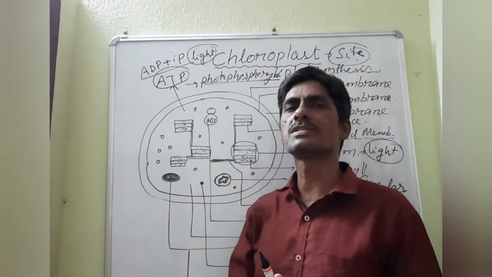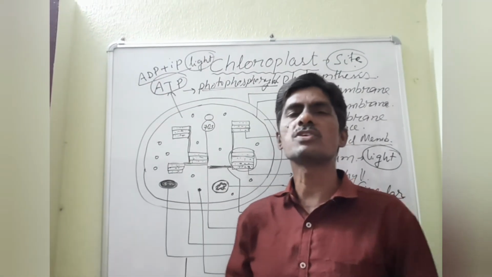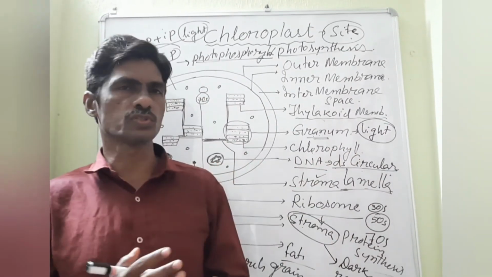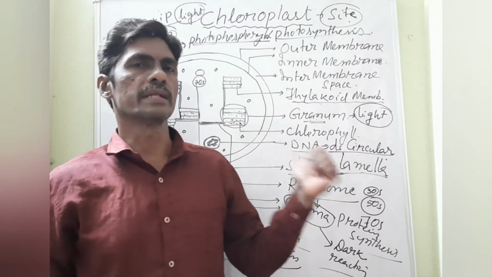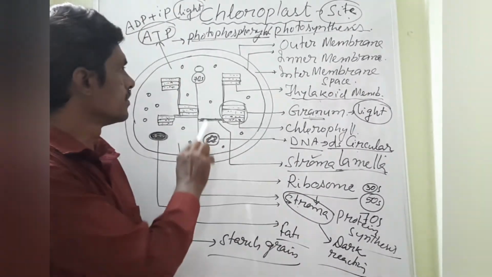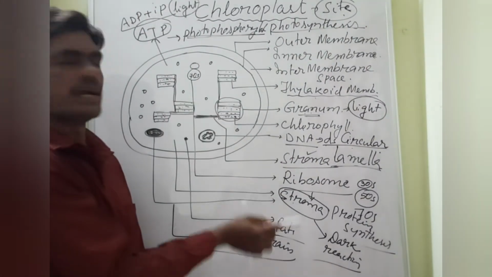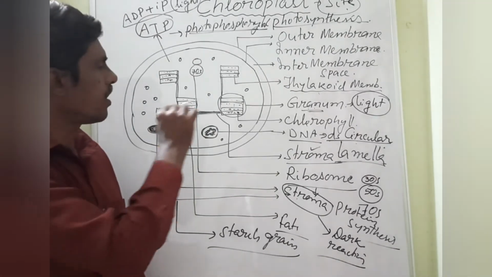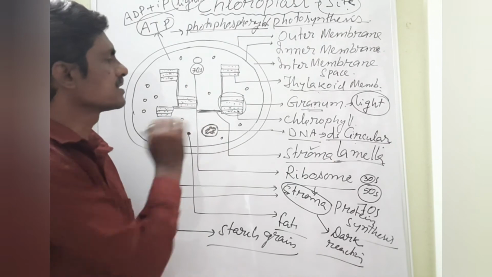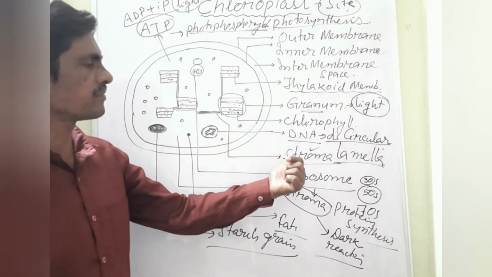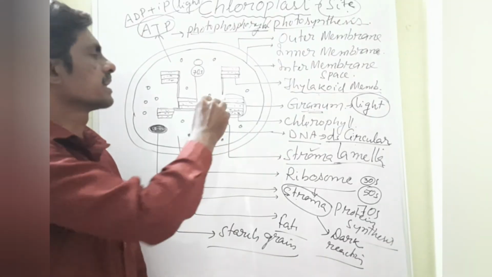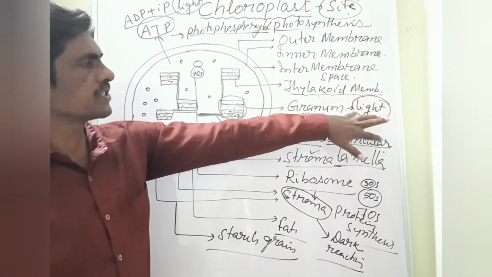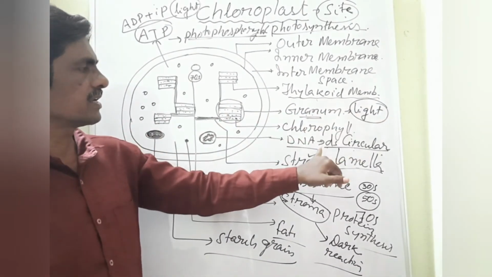So the key point we will discuss here is the chloroplast. The function of the chloroplast is, first, photosynthesis, and it can also synthesize ribosomal proteins. It synthesizes fat globules. It also synthesizes carbohydrates. All the food can be synthesized inside this matrix, the stroma of the chloroplast, and the grana play the light reaction. So here the light reaction, photophosphorylation, takes place, and the dark reaction in the stroma.